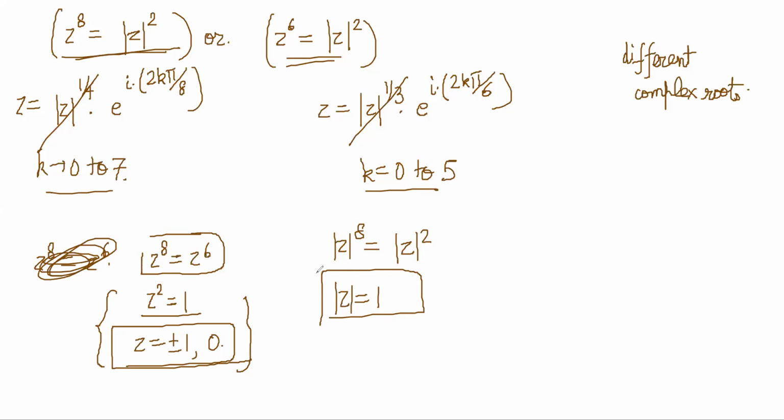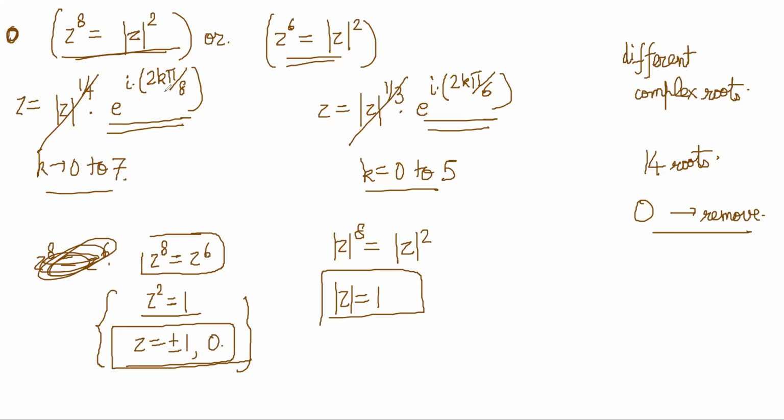Yes. Correct? Either it is a 0 complex number, 0 is a root, so that root you can exclude, and the other roots are mod z is equal to 1, so this doesn't bother us. So these are the roots. But they will not match, so the only complex number that is common here is 0. I think total 14 roots were there and 0 you have to remove. I don't think anything else will match here.